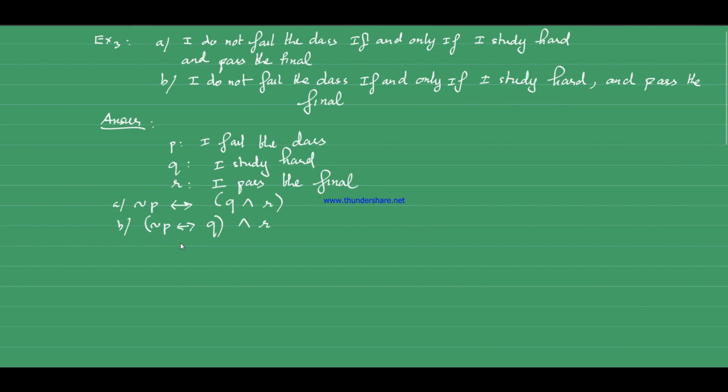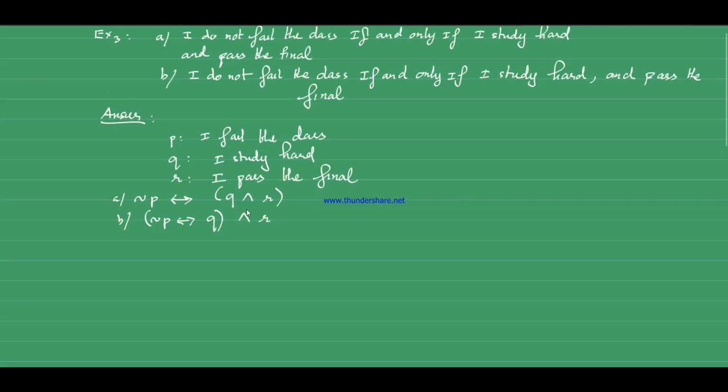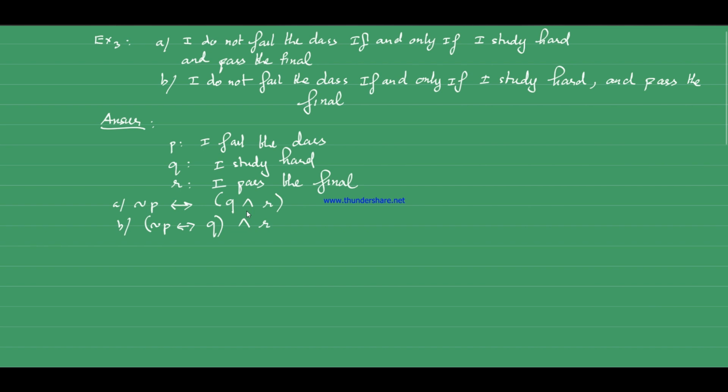In this case, I know that this has parentheses. But what if they give you the statement and it does not have parentheses? Then let's see how we do that. Okay, let's see which one goes first. Okay, so in example number 4 here,